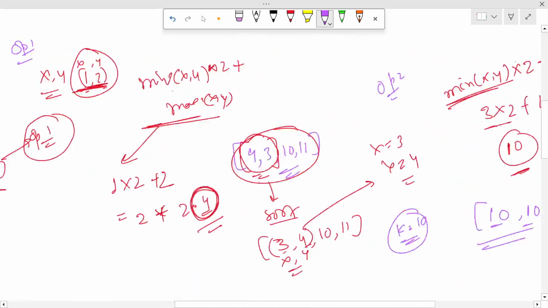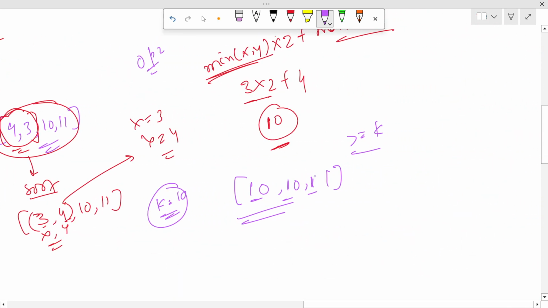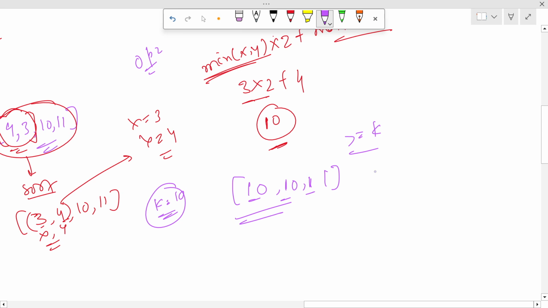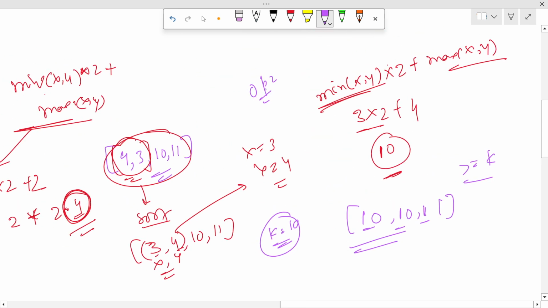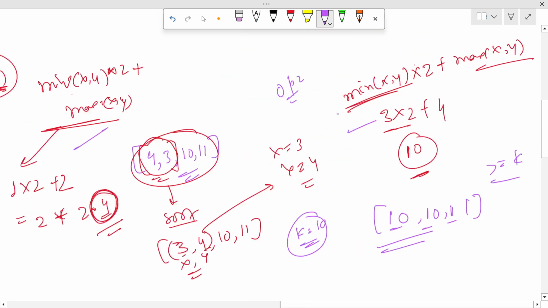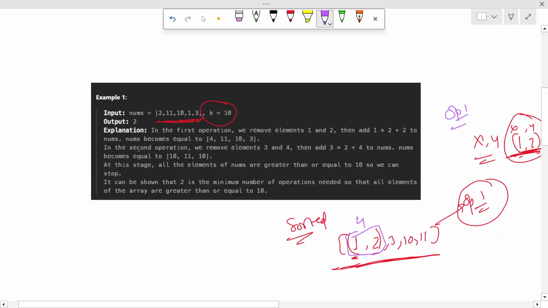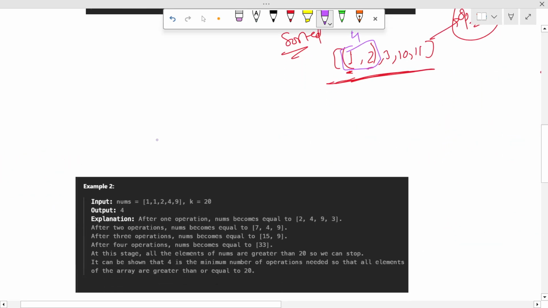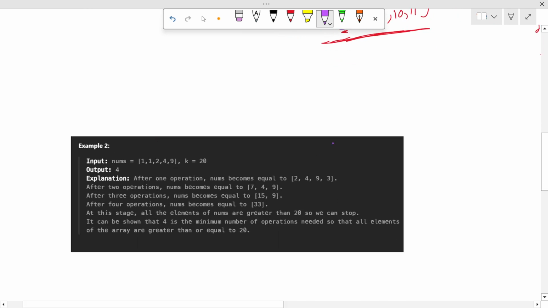Now here we have 10, 10, 11, and we followed two operations, operation 1 and operation 2, so the answer is 2. I hope you understand example 1, and this is the simple one. For the second example, we are given a nums array of 1, 1, 2, 4 and 9,